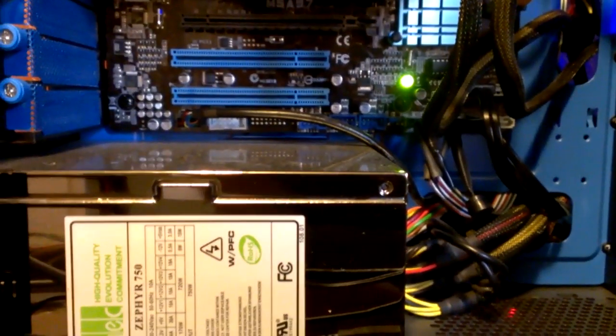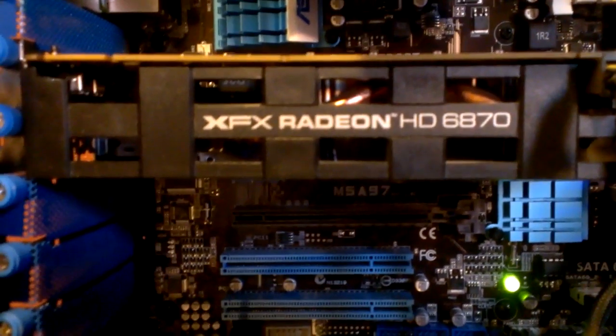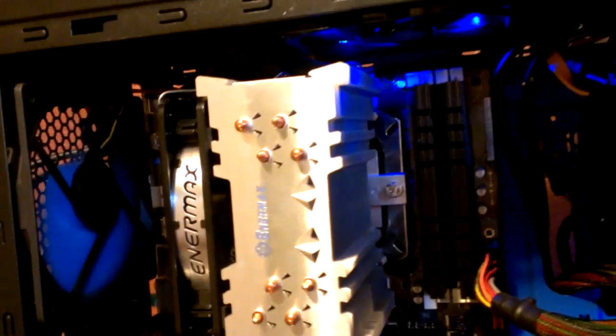4-tube system here from Intermax. Board is an Asus M5 A97. Running a Radeon HD 6870, with 16 gigs of RAM. But the good thing is I run this thing on air at 5 gigahertz,